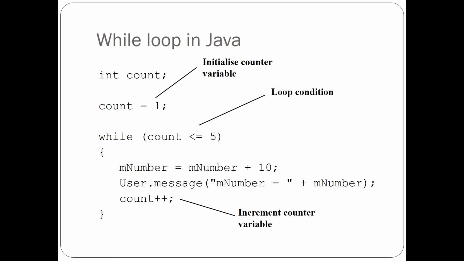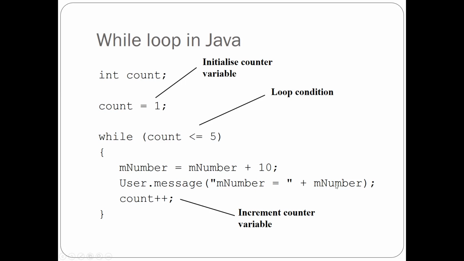And this is the code that we would effectively write to basically install that loop. We have our count variable, which we initialize to 1, and then we've got our while structure. So while the value of count is less than or equal to 5. Now obviously when we first hit that condition, the value of count is 1. So while 1 is less than or equal to 5, we add 10 to the value of number,